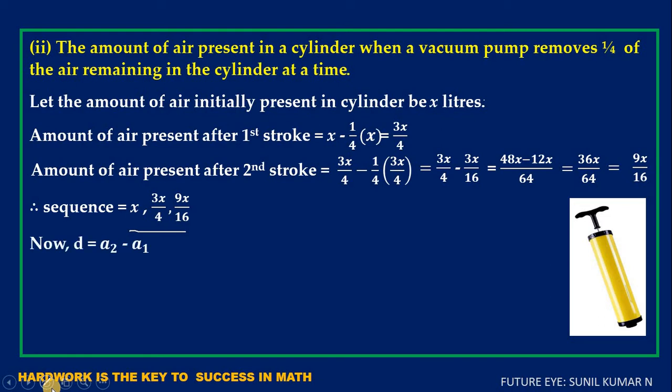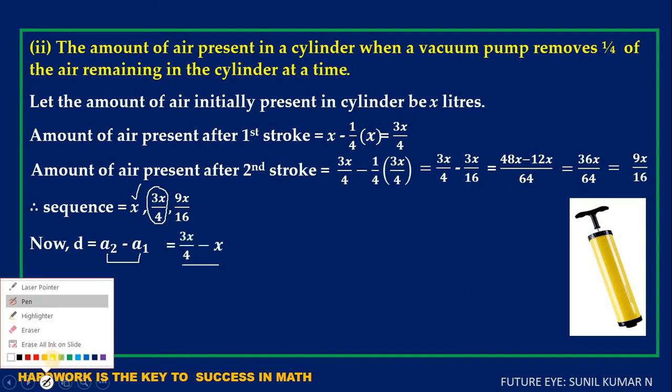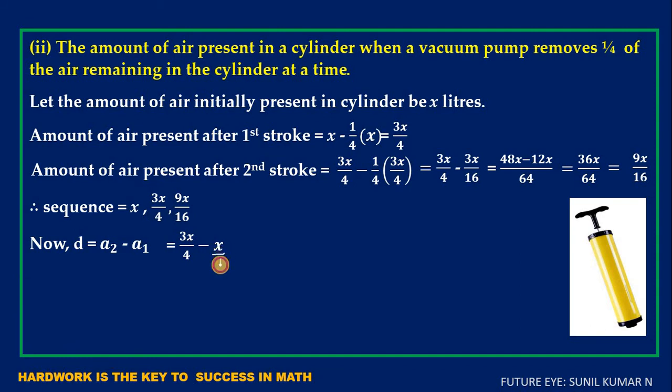So for that, as we did for the last problem, let us find A2 minus A1. So A2 is how much here? That is 3x/4. A1 is how much? That is x. Hence 3x/4 minus x. Simplify this, children. Here nothing means 1 will be there. So 4 multiplied by 1, we get 4 in the denominator, and do the cross multiplication. 3x times 1 is 3x and 4 into x is 4x. Now let us simplify the numerators, children. 3x minus 4x means minus x, and the denominator 4 is written as it is. Now this is the value of d.